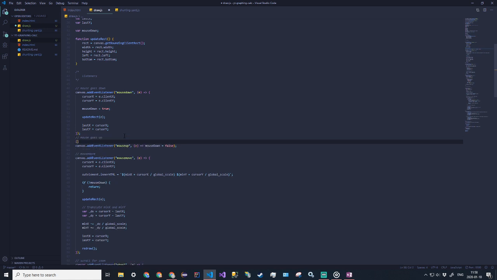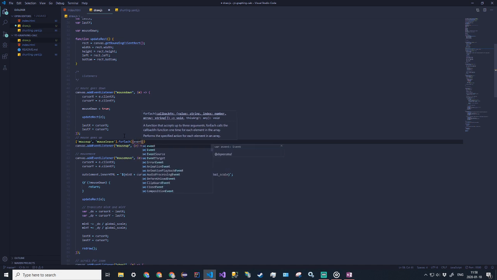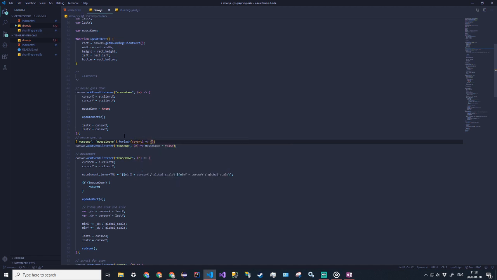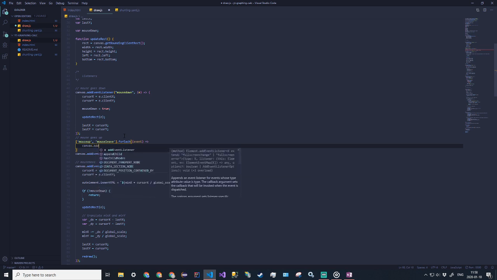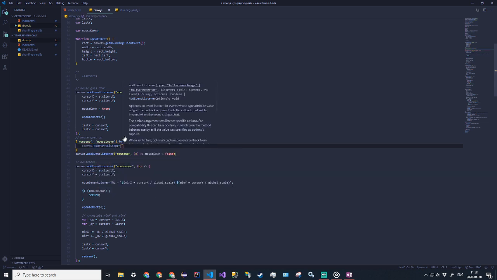I guess we can just do a little bit of an array action. So mouse up, mouse leave, dot forEach event, and we want to do canvas.addEventListener for